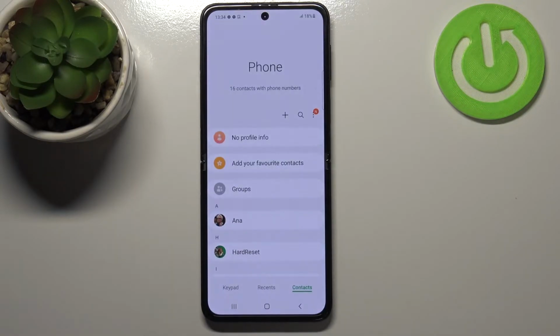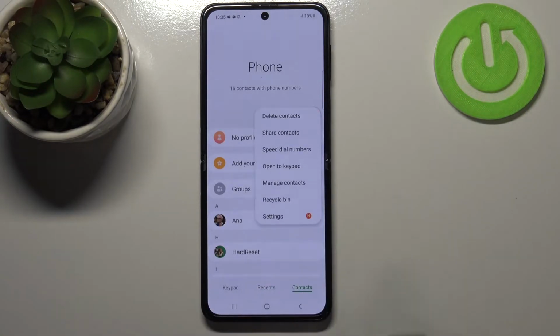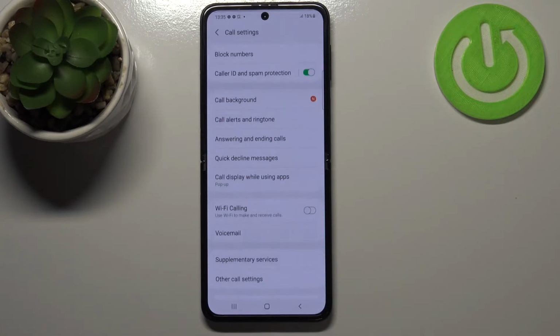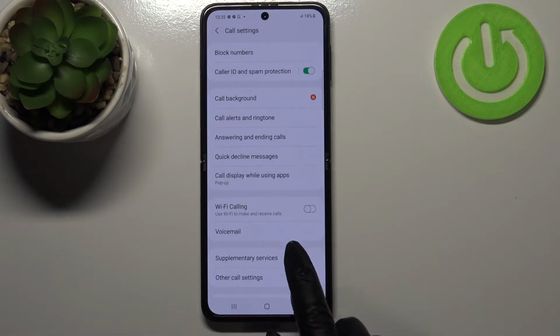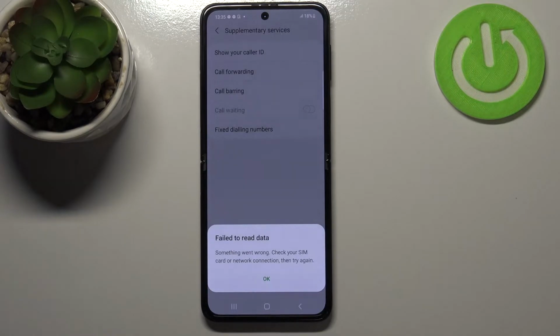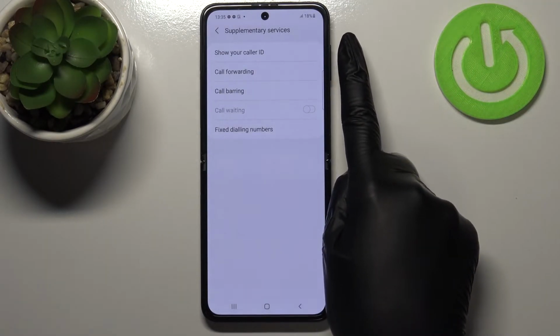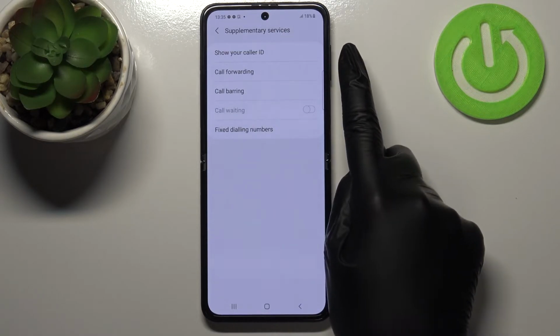So first of all, let's tap on the dialer, and it doesn't really matter if you will be on the keypad, recents or contacts, just tap on the three dots icon in the right upper corner and enter the settings. Now let's find supplementary services, and as you can see I've got some problems with my SIM card, but no worries. All you have to know is to simply find this option, which is at the very top, to show